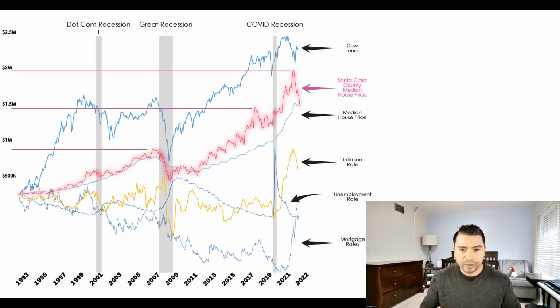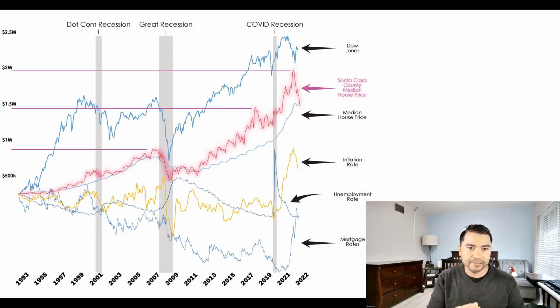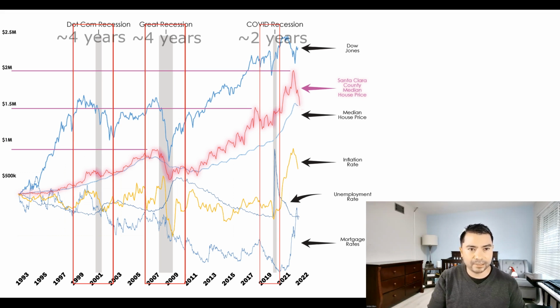Let's have a look. So I've added the median price chart here for Santa Clara County. And as I mentioned, you can see here that the prices are definitely different, but the fluctuation overall is generally the same. So here in the Bay Area, we've recently endured a very sharp decrease in median house prices. And from my perspective, I think it very much resembles that very sharp decrease that we had during the Great Recession. Now, recall earlier that we were comparing the durations that it took for things to unfold during the COVID recession versus the Great Recession and the dot-com recession.